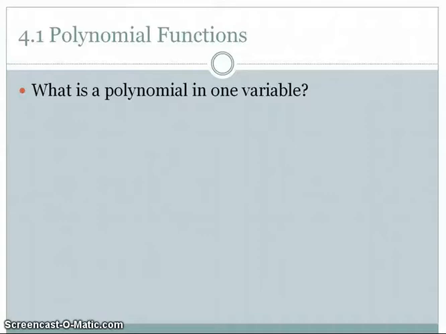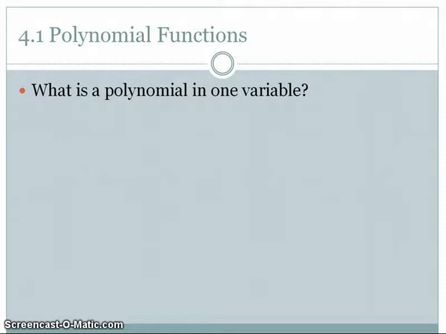This is a lesson introducing polynomial functions. Before we talk about polynomial functions, I think it's useful to talk about what is a polynomial. Most of you have an inherent idea. You've seen them lots of times. But let's look at